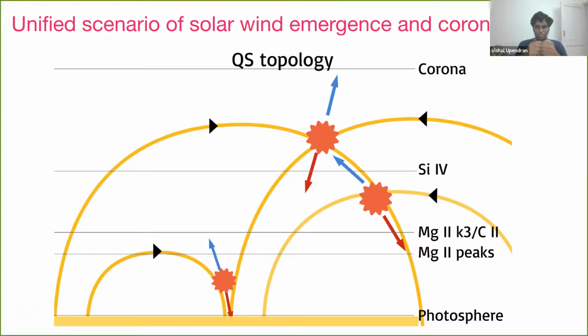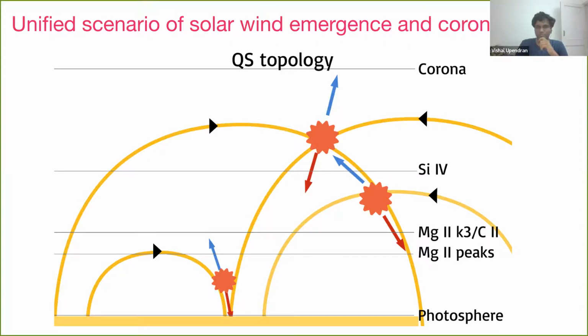And finally, if you just look at the Quiet Sun topology, you don't have much open flux here. Predominantly, you have closed loop reconnection. Again, you have the bidirectional flows, but they are not escaping. The plasma is just filling the loop and making it heat up, and you just see excess intensity. But since plasma is already trapped in the foot points of these loops, when the plasma falls down, there is excess deceleration in these closed loop structures,